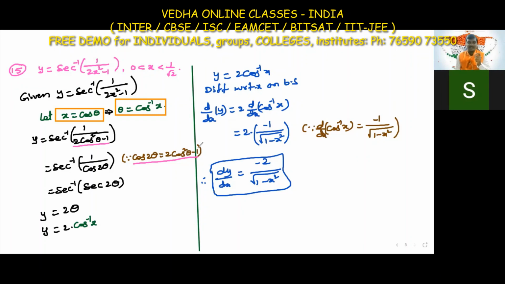So converting 2 cos square theta minus 1, we write it as cos 2 theta. This is a trigonometry formula. And the next one, 1 by cos 2 theta is secant 2 theta. For the next step, 1 by cos theta formula is secant theta. This is also basic trigonometry: secant theta is equal to 1 by cos theta, cosecant theta is 1 by sin theta, tan theta is equal to sin theta by cos theta. These are basic trigonometry functions. So 1 by cos theta we can replace with secant theta.